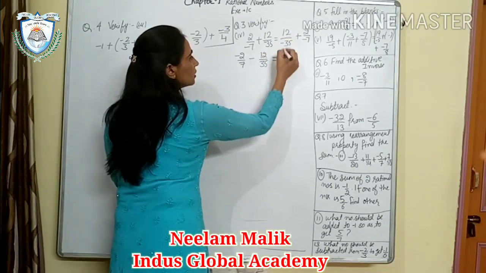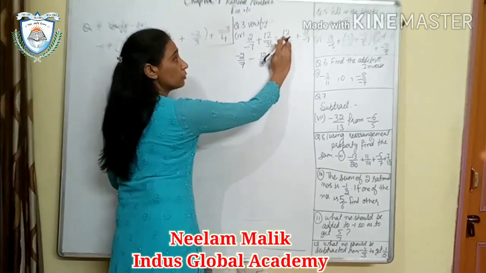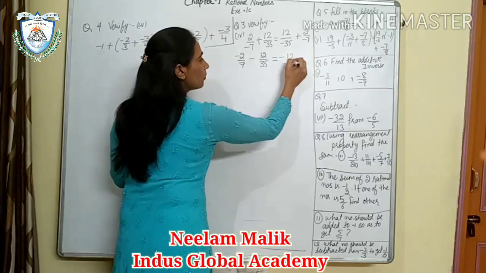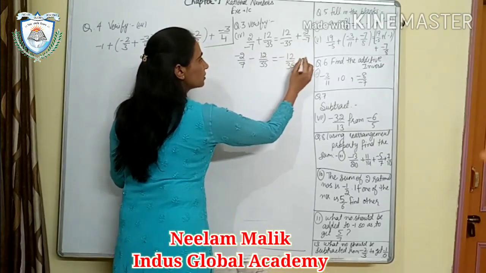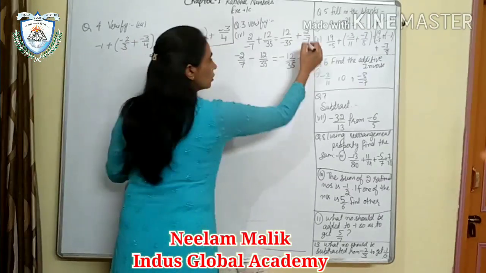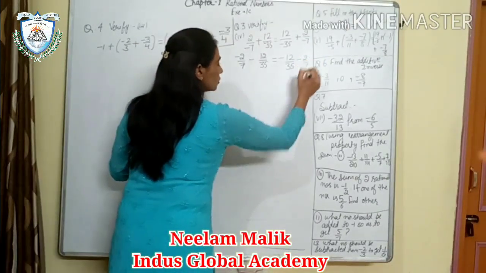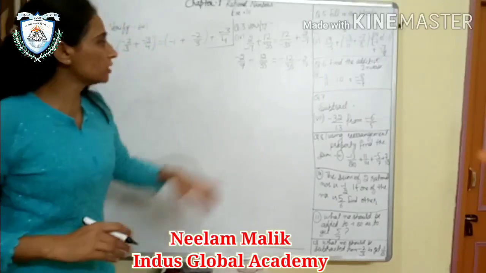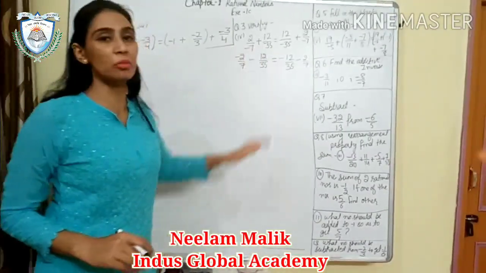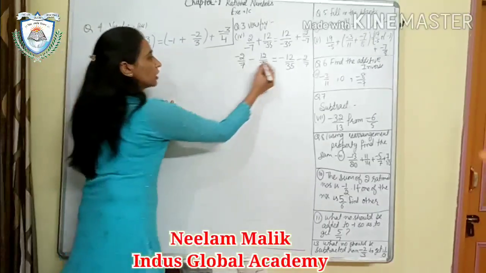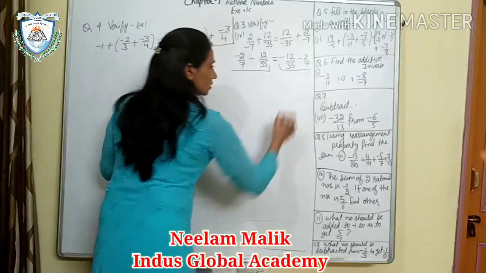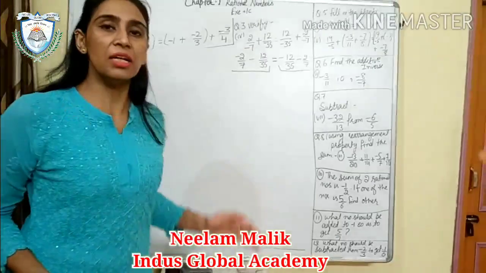On the other side there is 12, here is a minus, so I will put it in the center. I can put it here or here, so I am putting it here, 12 upon 35, minus is here. Now this minus will be here because plus minus will be minus, so it is 2 upon 7. This is the number given to you. I just removed the negative sign from the denominator. Now take your left hand side. This is your equal sign, this side is your left hand side, this is your right hand side. We have to prove whether they are equal or not.